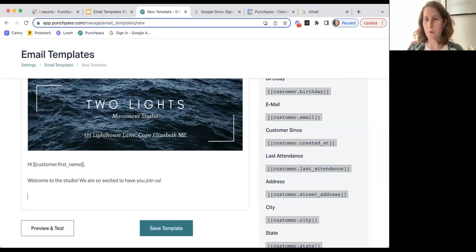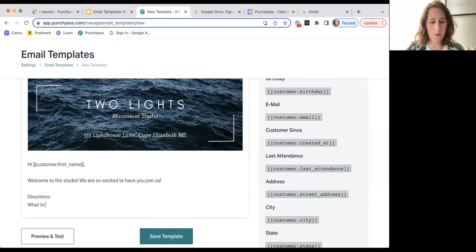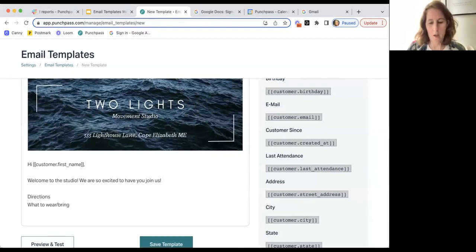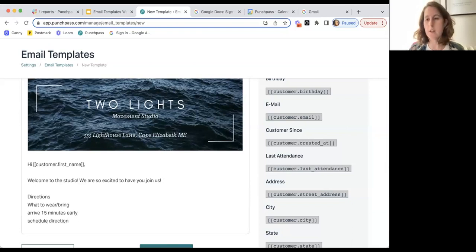And then you might want to include information that people might need to know when they're coming to your studio. Directions, what to wear or bring. If you have any, arrive X minutes, 15 minutes early, schedule, directions, anything you might want people to know as they're signing up for your studio, enter that text here,